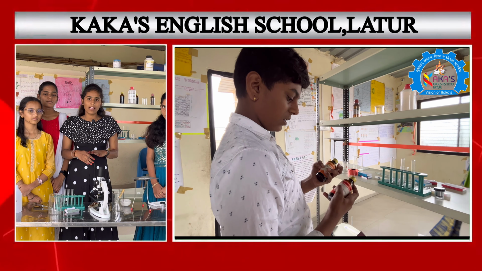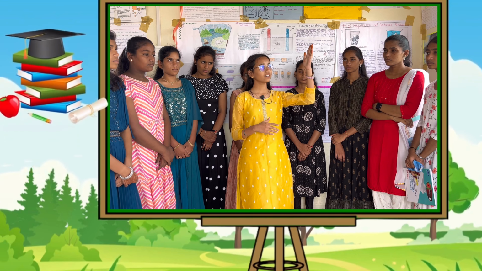My name is Pranita Vivekananda Dhongde. My school name is Kakas English School and Semi English School Latur. As we all know, our teacher told us the information about the experiment, and what we use the microscope for. Then we have different types of charts there. We can look at them. There are different types of charts. These depend upon different types of experiments, different types of information about our body, about the surroundings, everything.